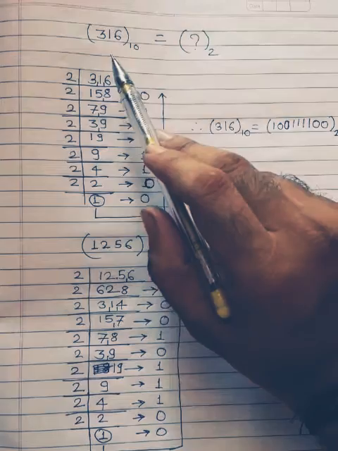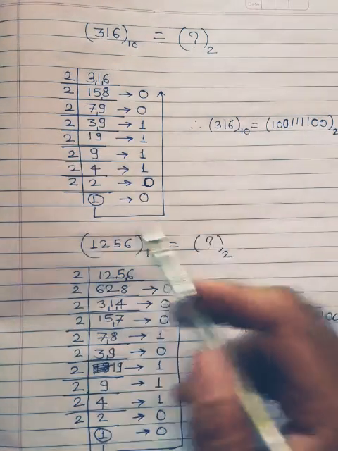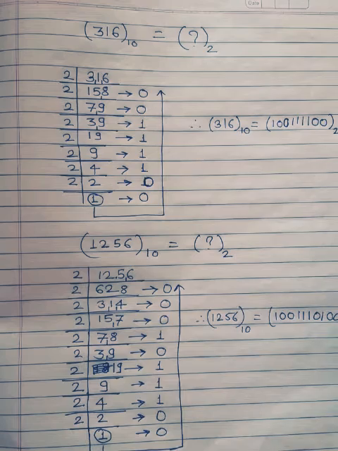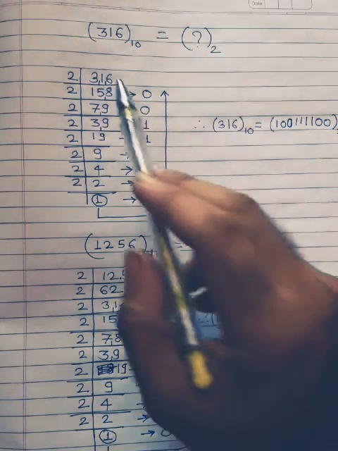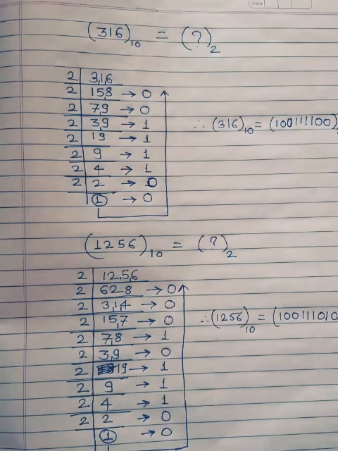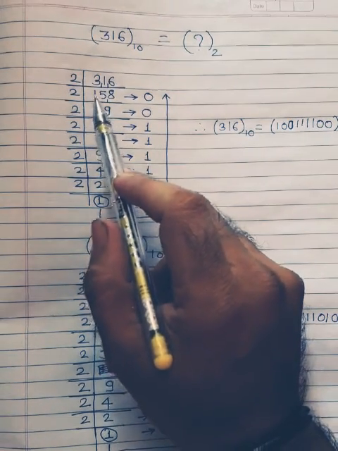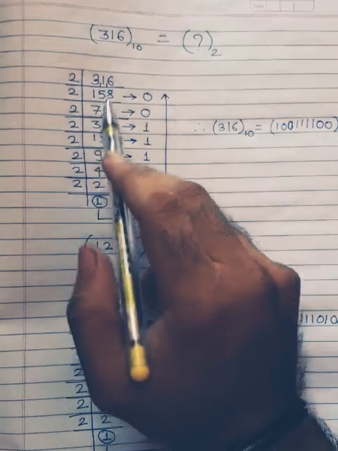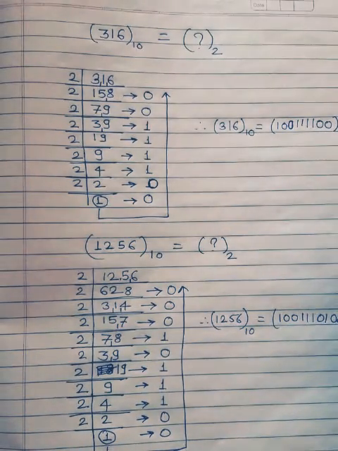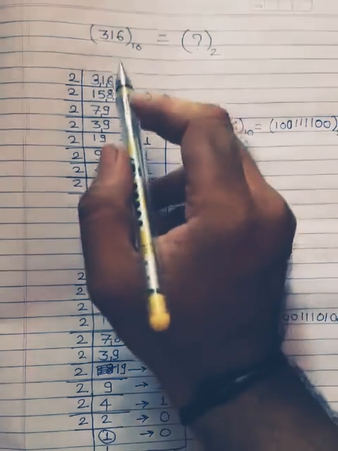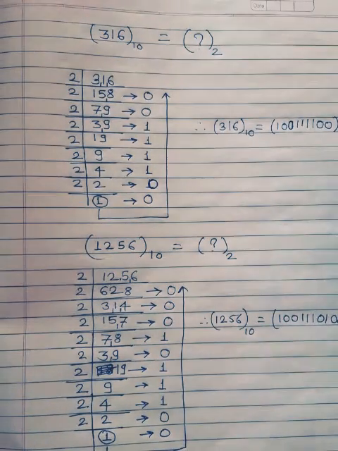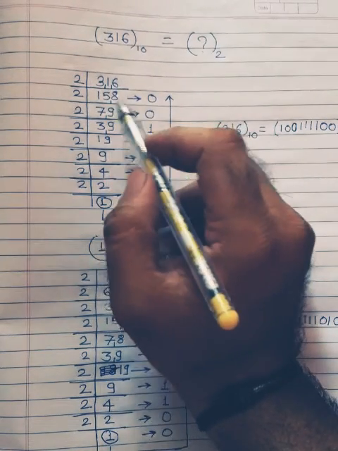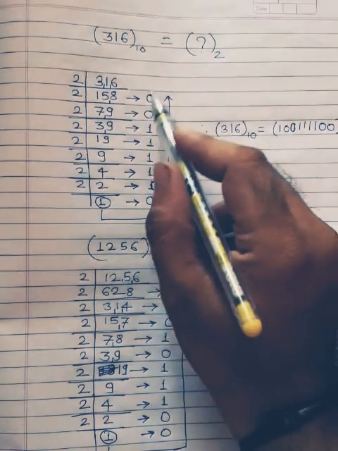So for converting decimals into binary, the procedure is this. You have to continuously divide the number by 2 and you have to count the remainders from bottom to top. So let's start the procedure. 316 divided by 2. 2 ones are 2, but 3 is here, that is why 1 is the carry. Now 1 becomes 11, but in 2's table 11 is not there, but 10 is there. 2 5s are 10. Again 1 is the carry. 2 8s are 16. So 158 is the division and 0 is the remainder.